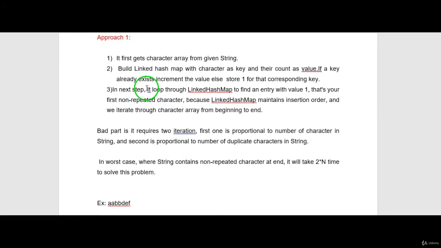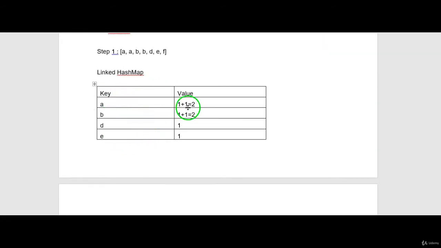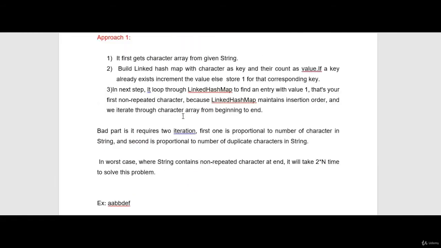In the next step, loop through the character array and build the count. If a key already exists, increment the value, else store one for that corresponding key. So in this map, you will check whether we have that key or not. If that key is present, increment it, else store it with 1.